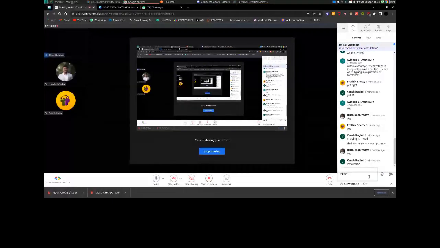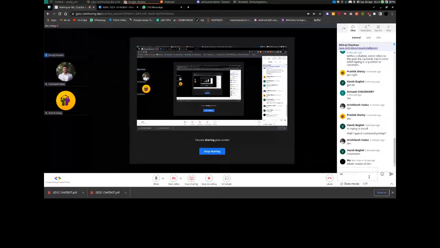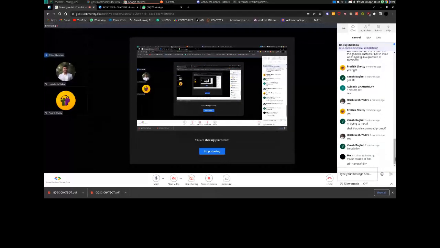If you also want to make a directory, then just use mkdir, which is nothing but make directory. Write the name of the directory, and then just cd into the name of the directory, and then you can do the command python3.8 rasa init. If you have Python 3.7, then you can do python3.7.